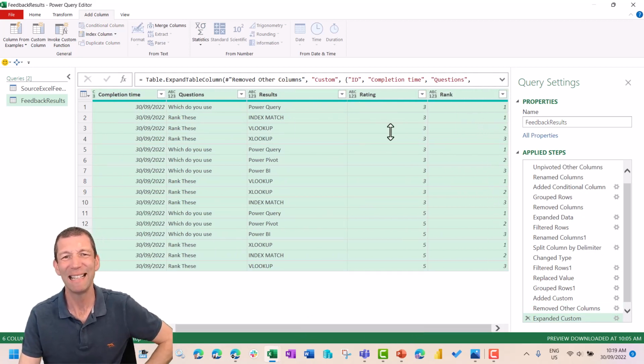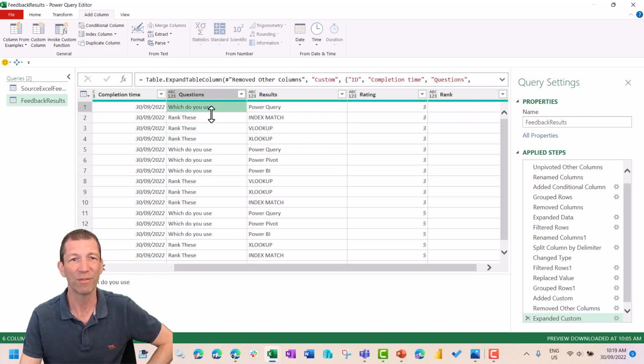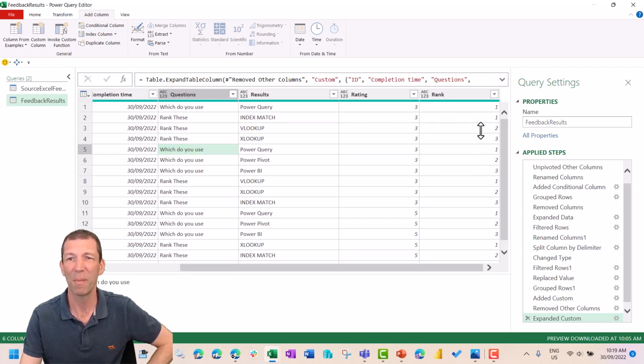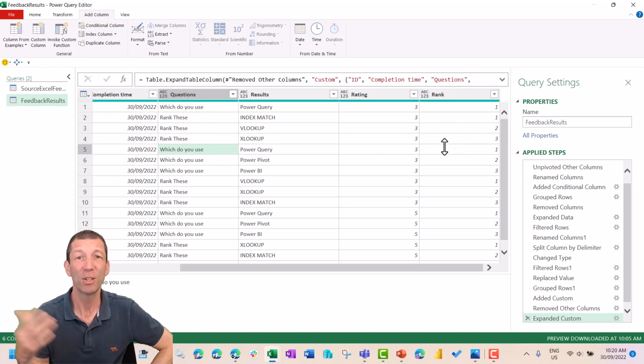But I don't really need a rank for which of these do you use, Power Query, or which do you use. I don't need the rank for those ones, so I want to make these null. I could add another conditional column and say, hey, if this column contains the words which do you use, then null. Otherwise, grab me the column from rank. Would work perfectly well, but just for a training purpose and just to be a bit fancier and neater about this,